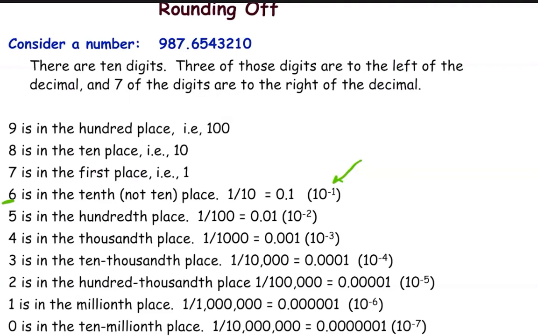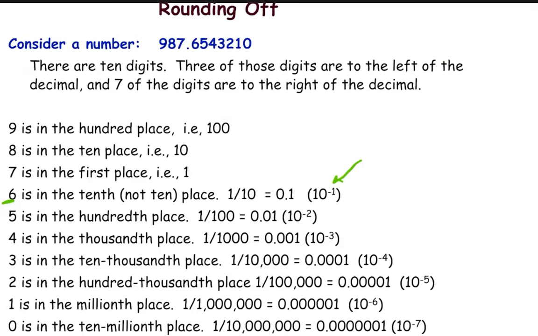So that's your 100th of a place. That's because 1/10 times 1/10 equals 1/100. And if you put that in your calculator, you will get 0.01, or a digit two places past the decimal. Your 4 is your thousandth,